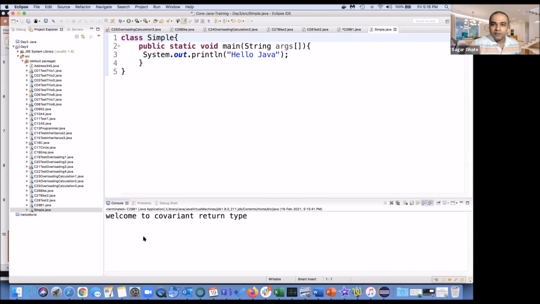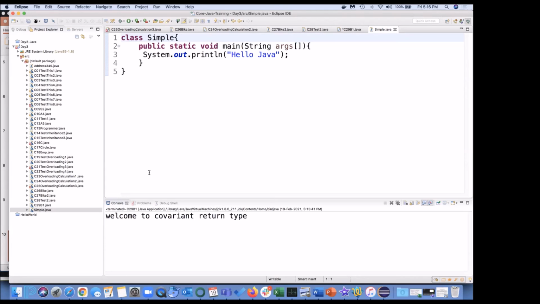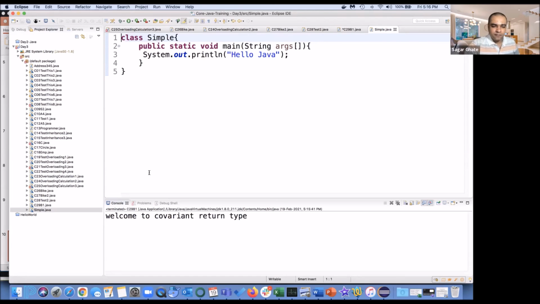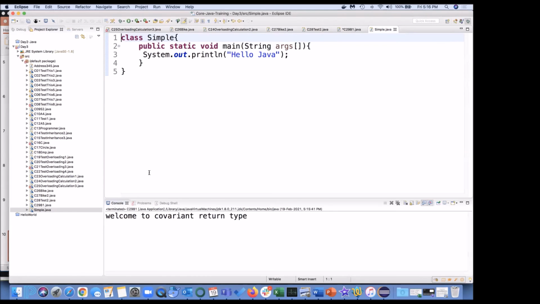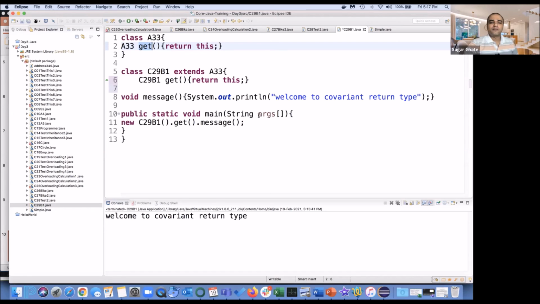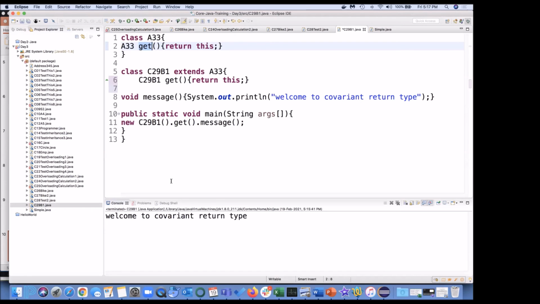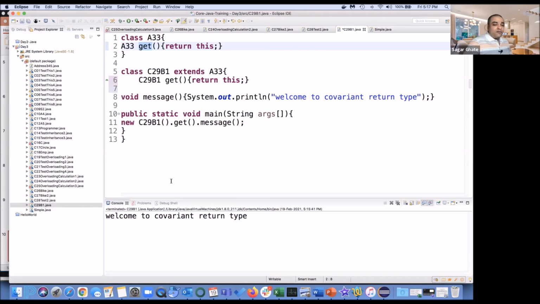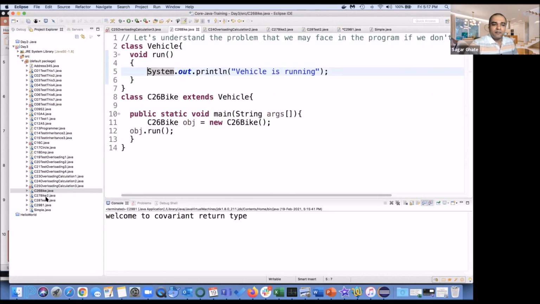Well, so yeah, if the parent class is having the same method, then will it be ambiguity kind of thing, or will it always call the child class method first? That is what we have learned in this example.